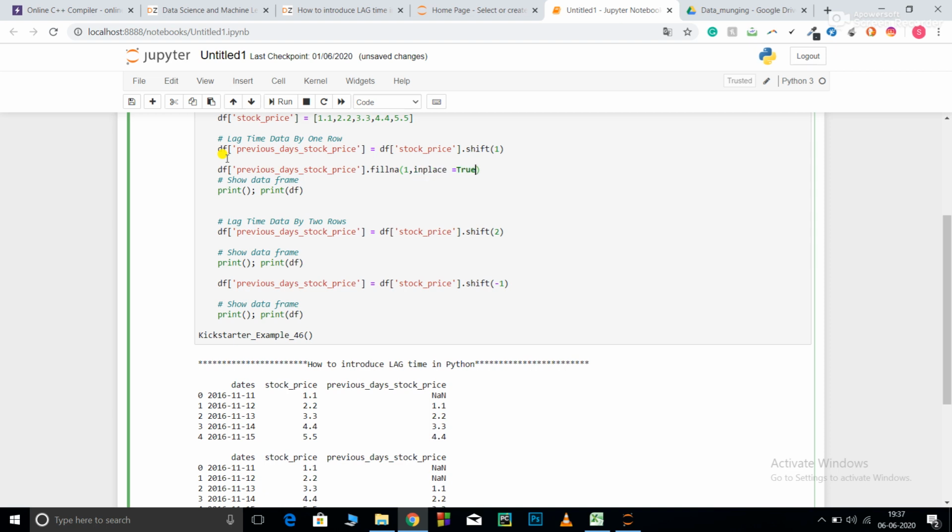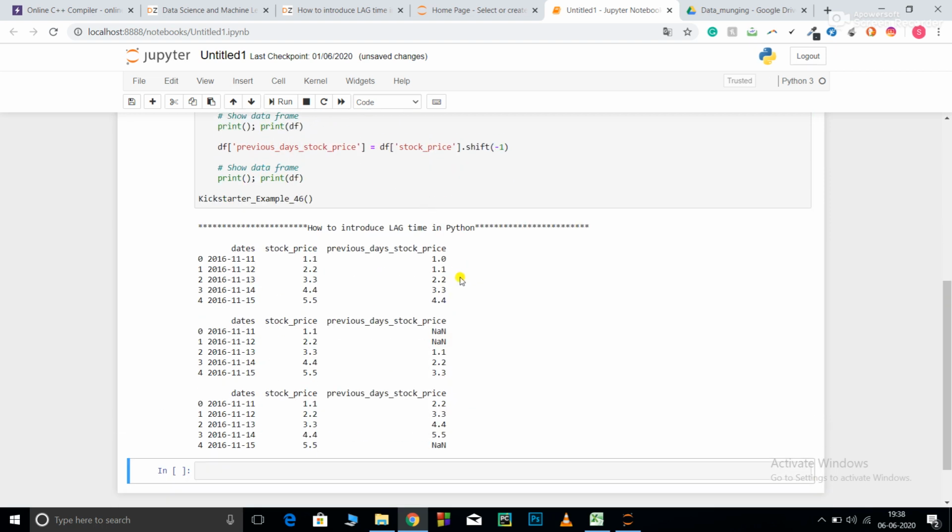Always remember to write inplace if you are sure about filling those with the desired value that you want. Otherwise there will be no changes made to df, and only temporary changes will be made, which will not be reflected in your data frame. So you can see, as I did it, the first value has been filled with 1.